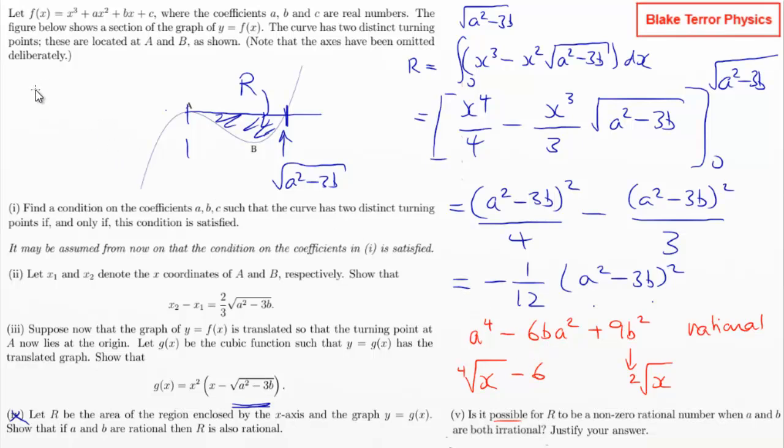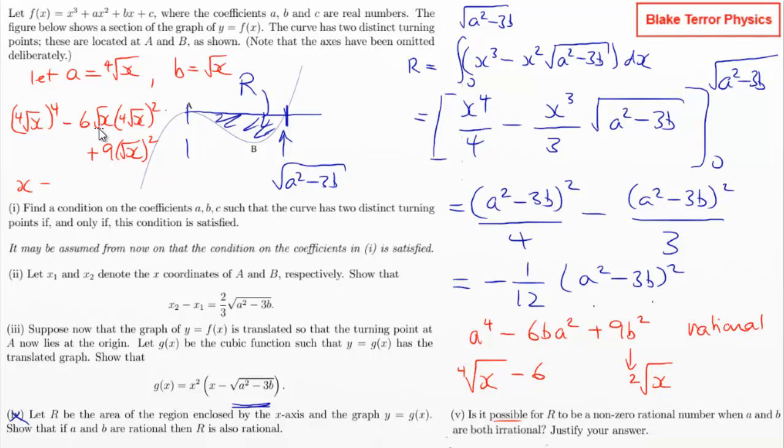So we could say, let a equal the fourth root of x and b equal the square root of x, then we could put all of that in and say we'd get the fourth root of x to the power of 4 minus 6 lots of the square root of x times the fourth root of x squared plus 9 of the square root of x squared. So you can then simplify that and say, well, that is x